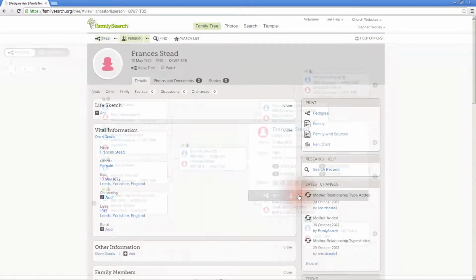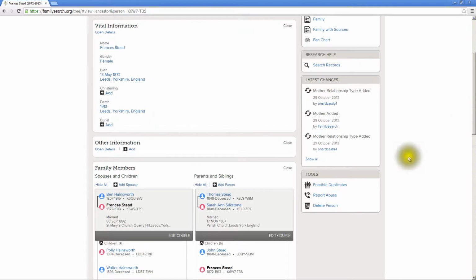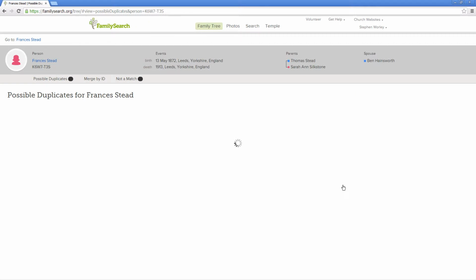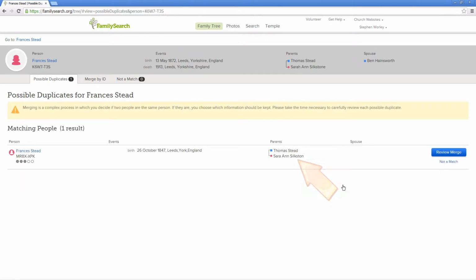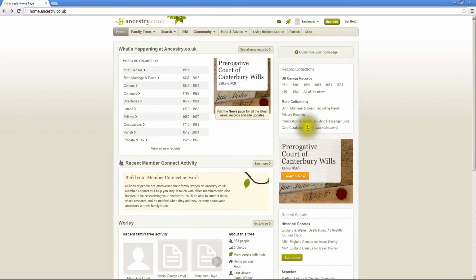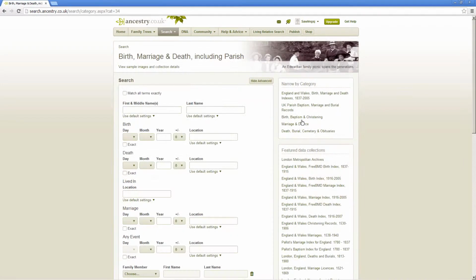From her details screen, I select Possible Duplicates in the Tools section. It has suggested a duplicate where the parents' names are precisely the same, including the second name of the mother, but the date of birth is 25 years earlier, in 1847 rather than 1872. Using Ancestry, I look for a birth record